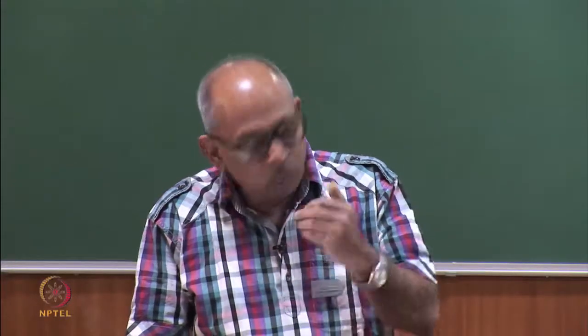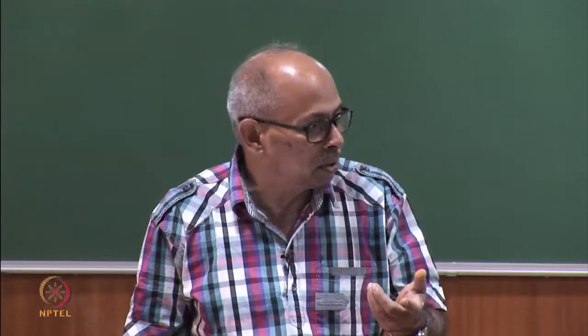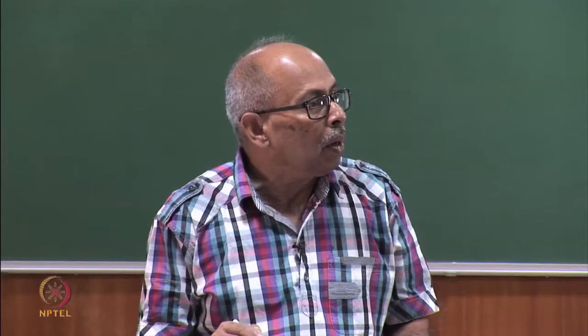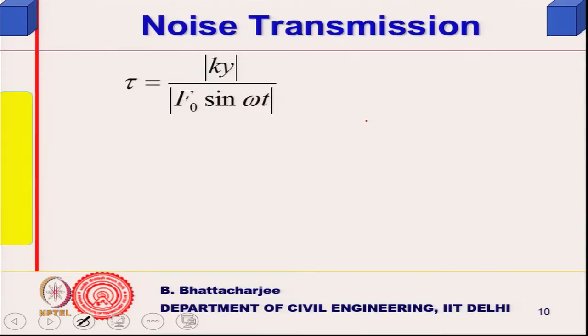So, we talk in terms of force transmitted divided by exciting force, F 0 sin omega t, and we define that as tau, and tau is simply k y divided by F 0 sin omega t, right. F 0 sin omega t is the force that is imparted, and k y will be the force from the displacement of this isolator,